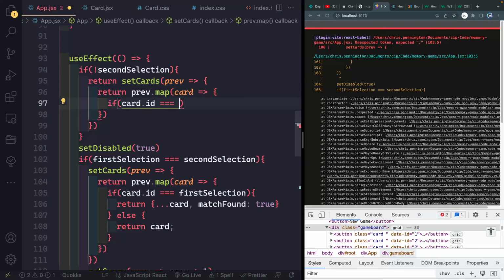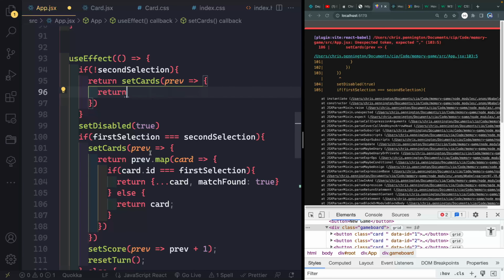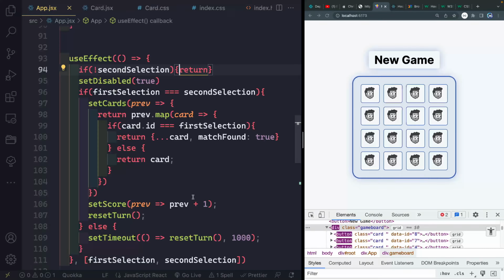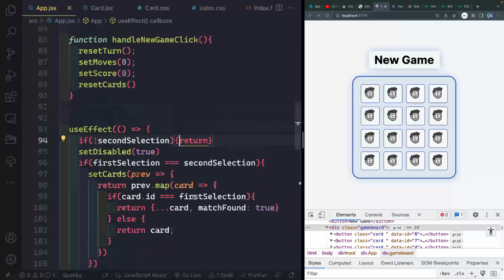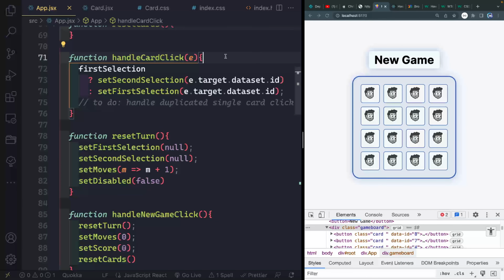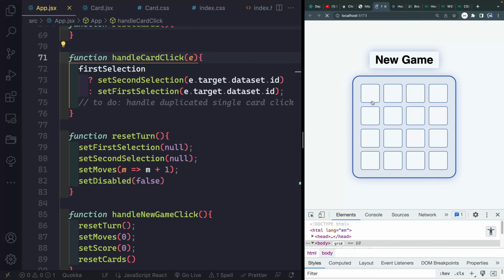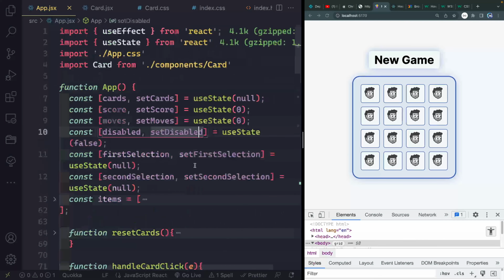That can't be it either. So I need to actually apply it, because if I do that, it's going to select both of the cards, because that's what this is doing down here. So what I'm going to do is say that on handle click, this is where it's got to happen. I'll say e.target. I'm trying to think through how to do this. So just every time a card is selected,